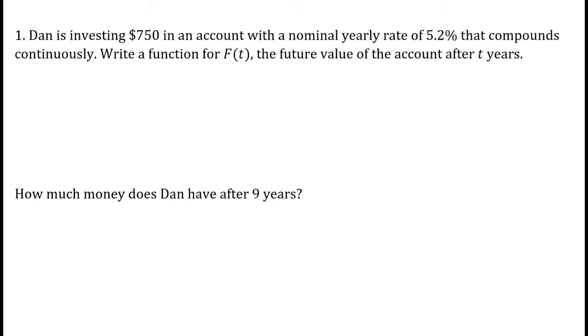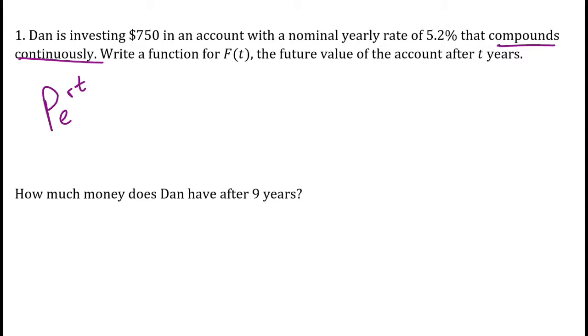Number 1. Dan is investing $750 in an account with a nominal yearly rate of 5.2% that compounds continuously. Write a function for f of t, the future value of the account after t years. So the minute you see compounding continuously, you need to be thinking of PERT. You need to be thinking of Pe^(rt), where e is Euler's number